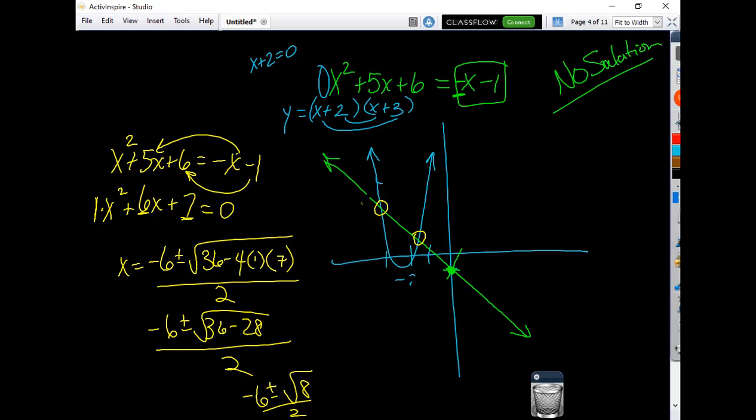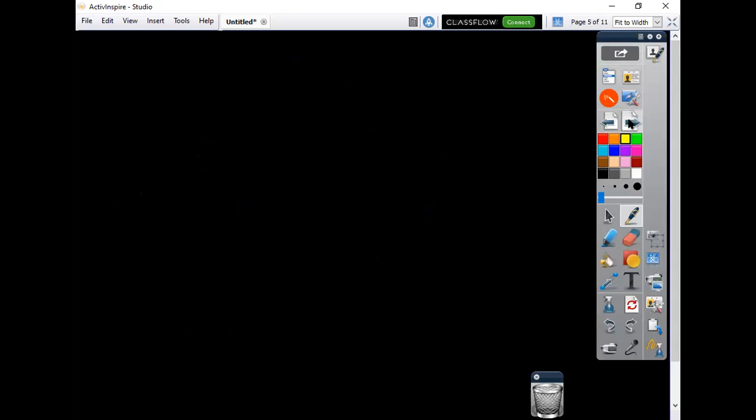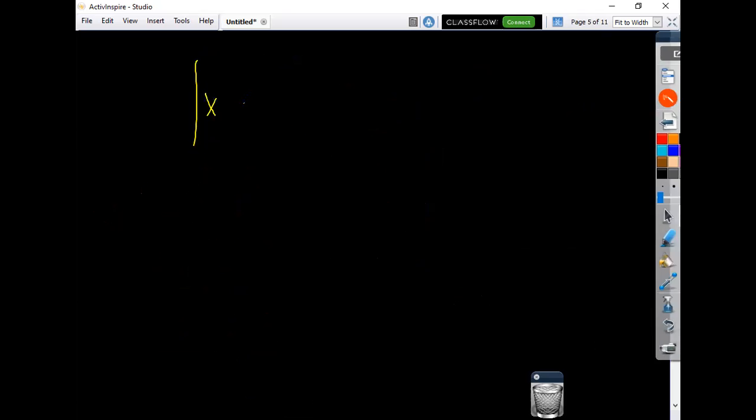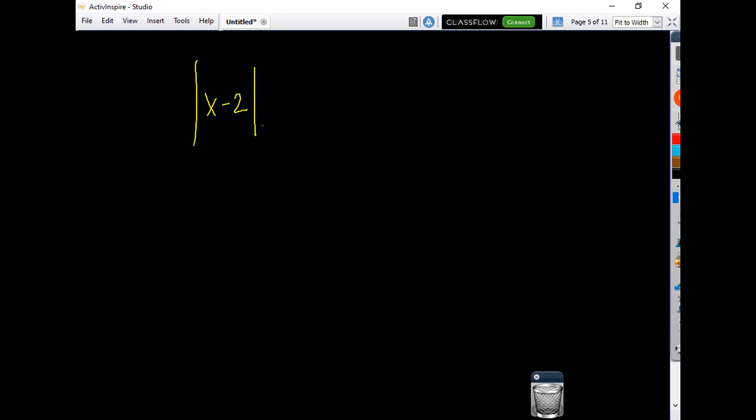The last one would absolutely just require you to use some sort of technology. Because if on one side I have an absolute value, it's going to get too messy to do it by hand. And on the other side, so that problem is absolute value 2 to the right, correct? So it'd be like over here. And so then if I had a quadratic